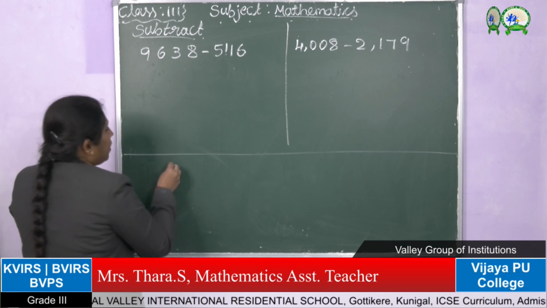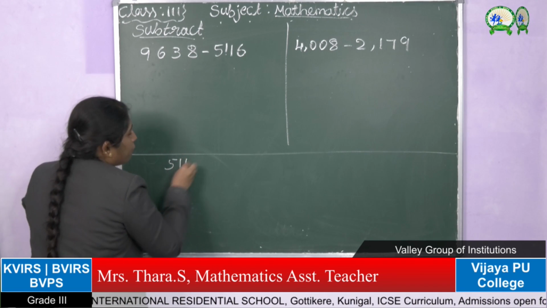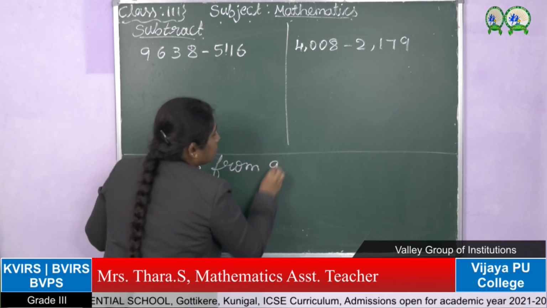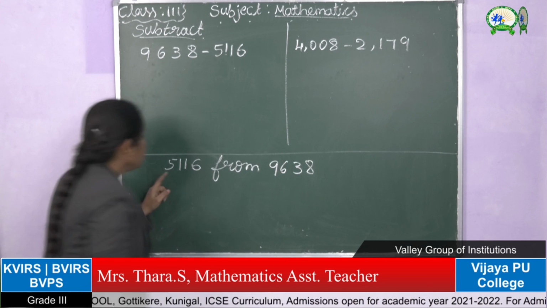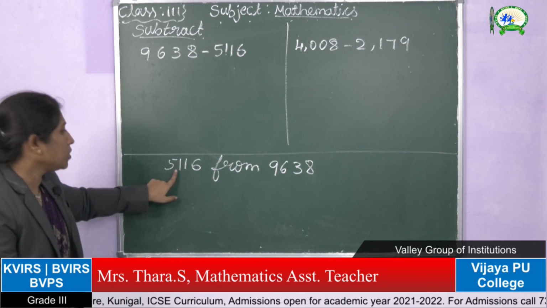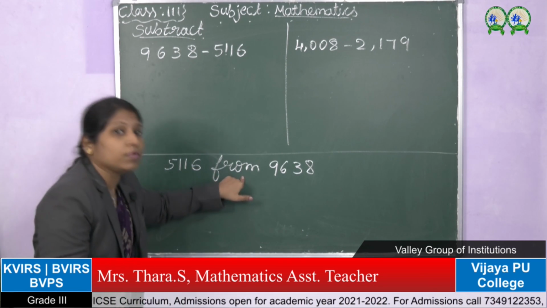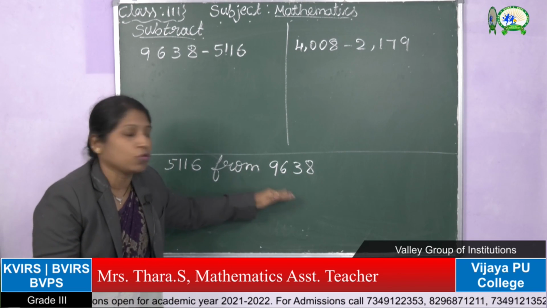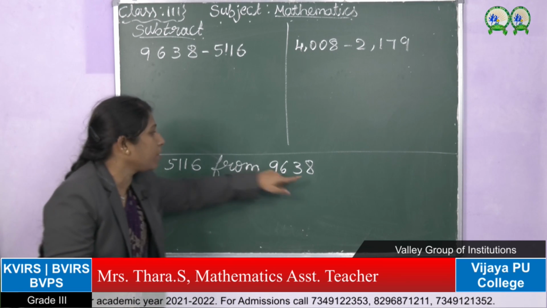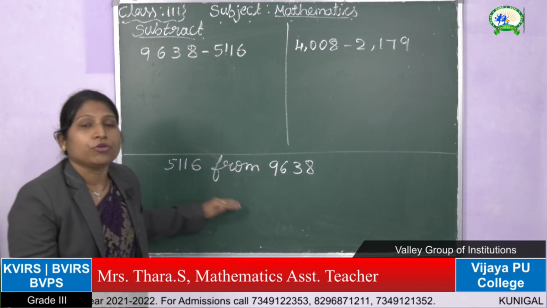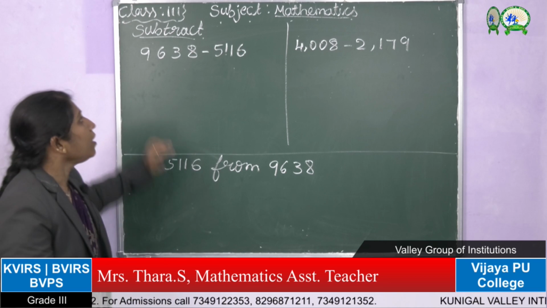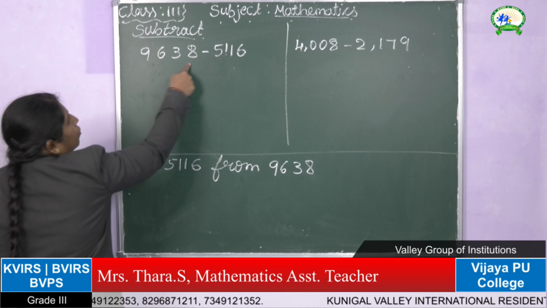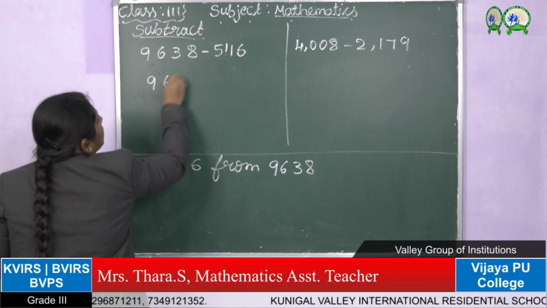They can ask you the question like this also: subtract 5116 from 9638. First you have to write this one, the number after "from" you have to take as the minuend. Okay. So in this they have given it like this. So what do you have to do? You have to write first this one,